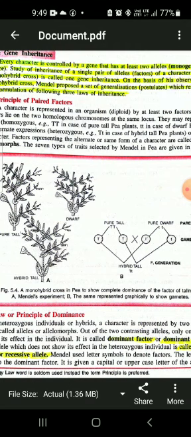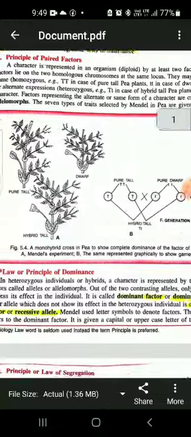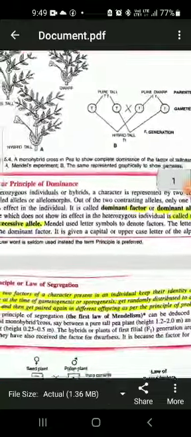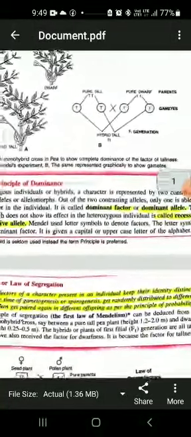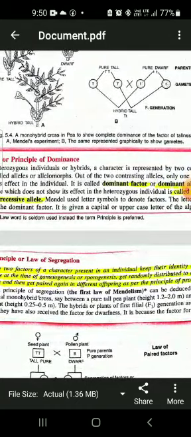And here you can see in the diagram 5.4 that the tall plant is having some factor that is represented by the pair of capital T, whereas the pure dwarf plant is represented as the pair of small t. And when these two kinds of plants crossed together, the hybrid plant was generated as the first generation progeny, and this hybrid plant had the alleles both for the tall feature and the dwarf feature, but the plant was virtually